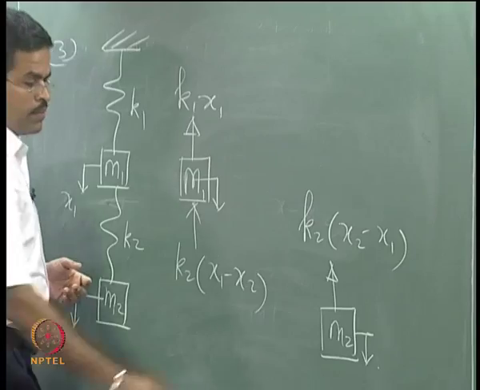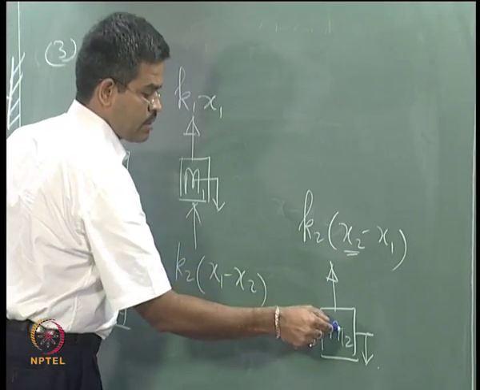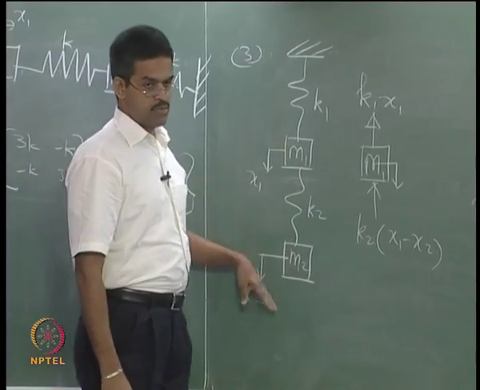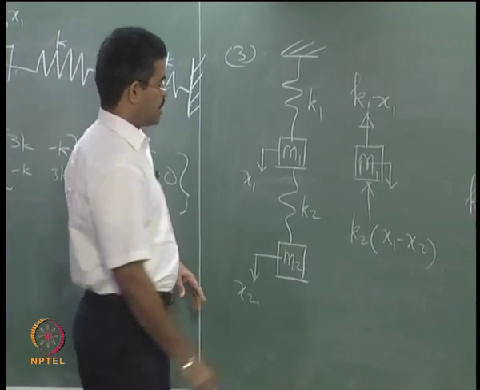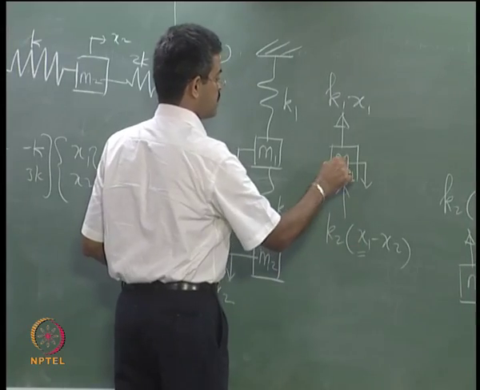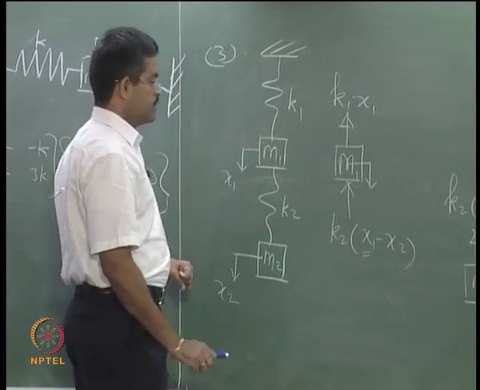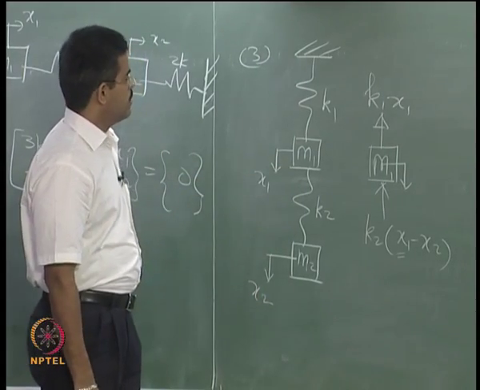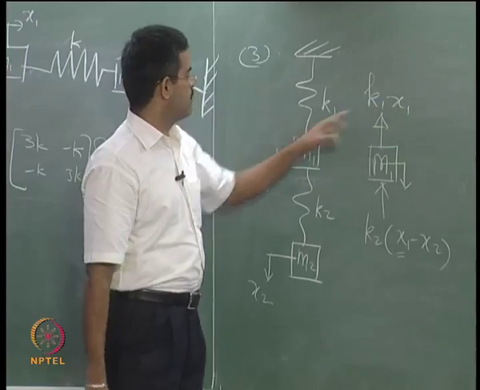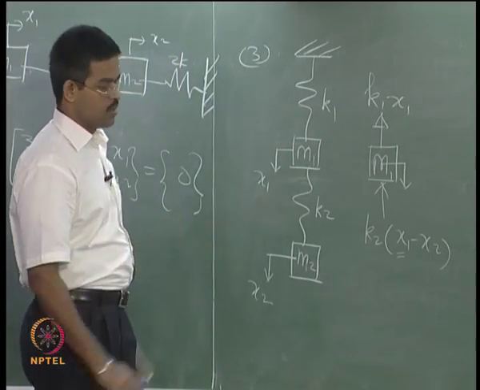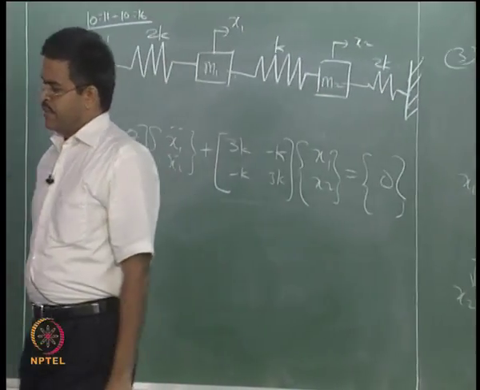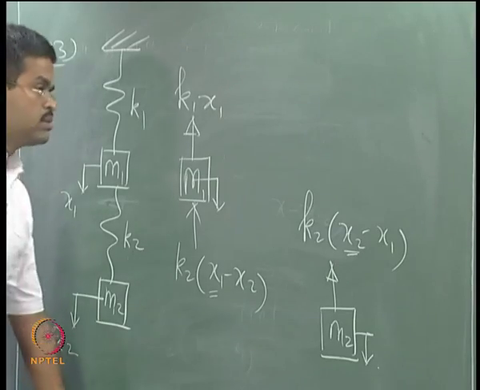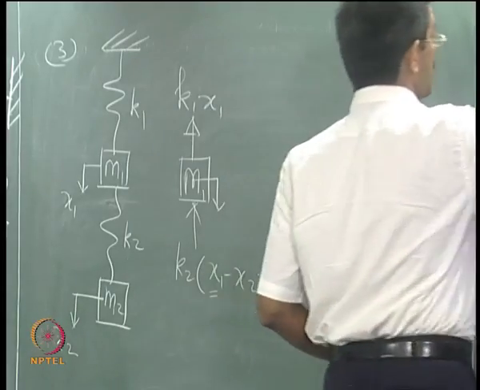Always pick up the first value as the place where you are applying the inertia force. When you have relative displacement, I have picked up the first value as the place where the inertia force is applied. When there is non-relative displacement, simply use that value, that is all. It is a very simple algorithm. So I will get the equation of motion as